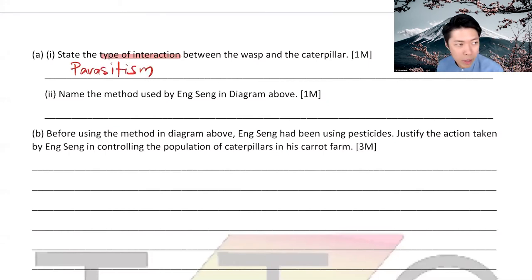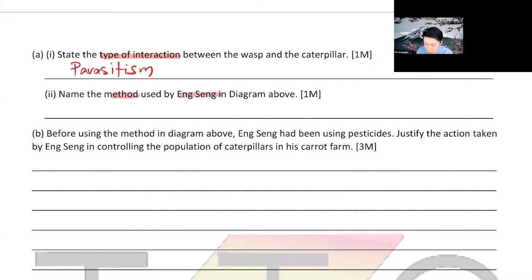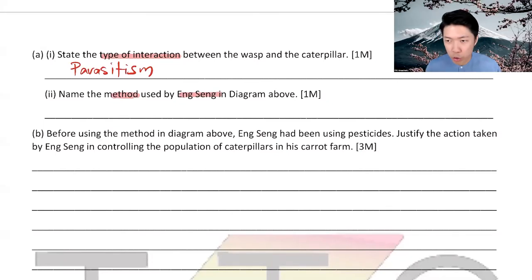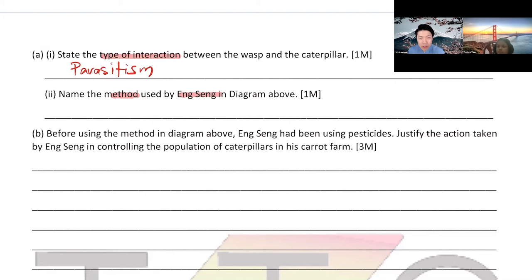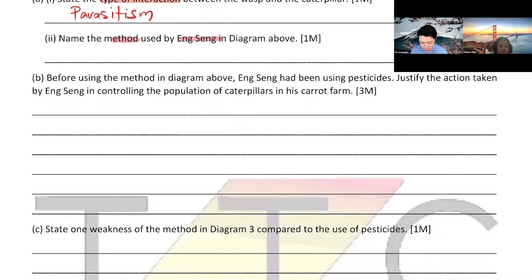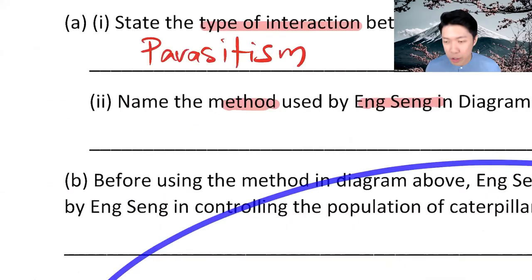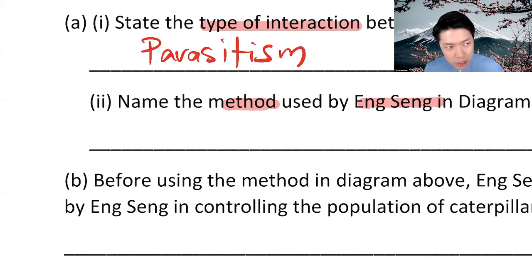All good? Okay, name the method. Now only we write the method used by Ikson. What is the way we call it? This is the time only when you write biological control. So you have to recognize the keyword. Don't waste your marks, because this kind of question is just one word. It's very simple, rather than writing sentences. So I would rather you lose marks in sentences than this. But unfortunately, a lot of people lose marks in questions like that because you are not sure of the correct keywords here. So type of interaction means parasitism,